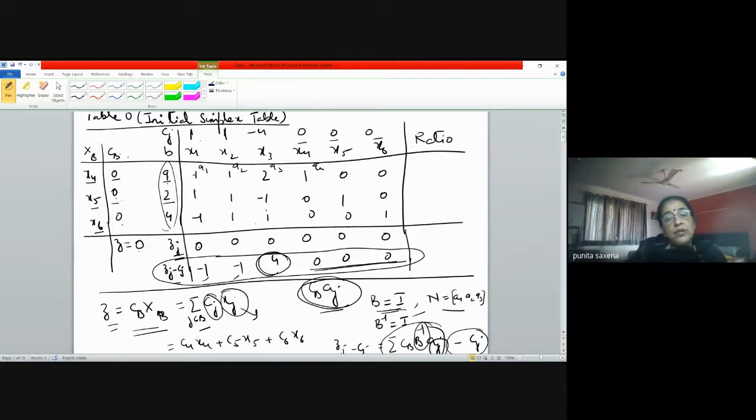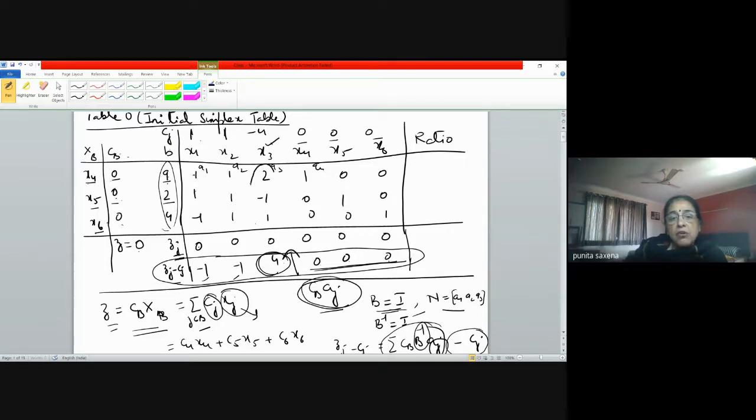And to improve it further, we have to decide upon the entering variable and the leaving variable, right? How do we define it? The maximum of the positive Zj minus Cj's becomes the entering variable. Now, in this case, you have only one, so no comparison is needed. Definitely this variable will enter. So which becomes your entering variable? X3. X3 becomes your entering variable.